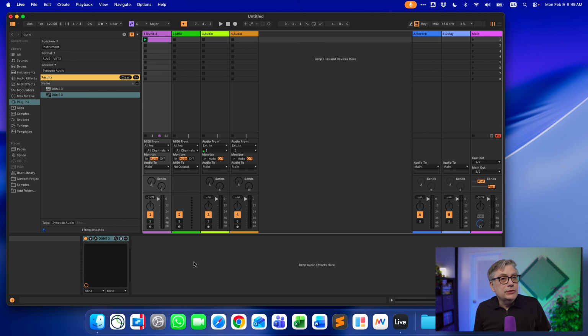So I'm going to work with Ableton today, and I'm also going to work on a Mac, but everything that I'm going to show you works on Windows as well, and it should work in exactly the same way on any other digital audio workstation. And what I'm going to do is just demonstrate the capabilities of SnappySnap in a session that could become the starting point for a Sony 360 Reality Audio session.